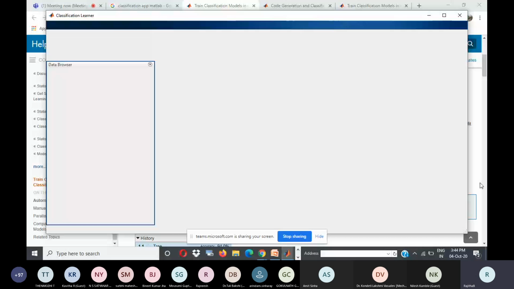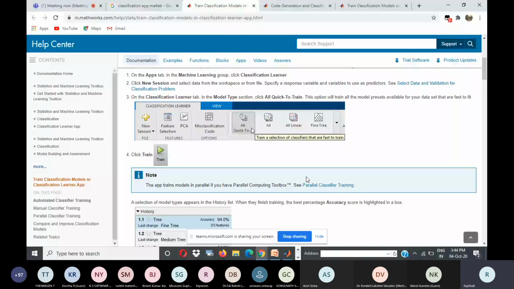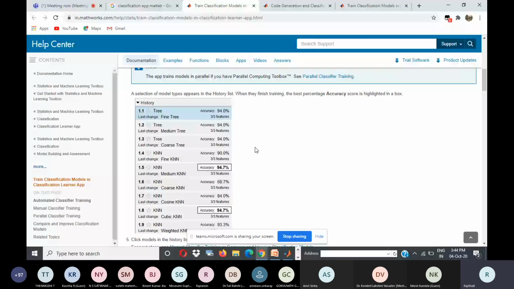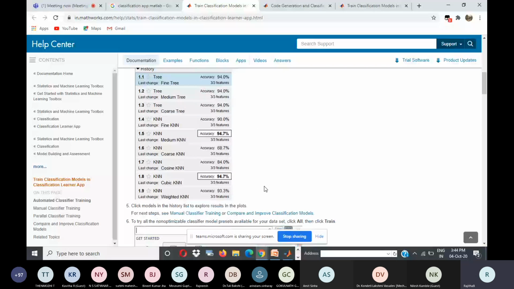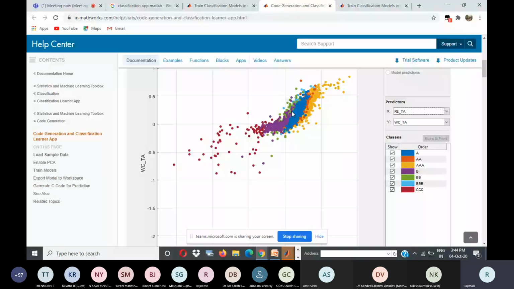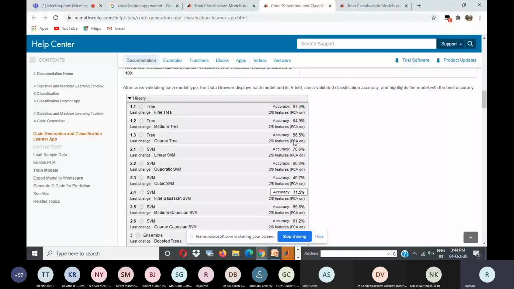See here, we have many things: you can test with KNN, or decision tree based training you can do, and neural networks you can do, artificial neural networks you can apply. So there are multiple options to be applied on that particular feature vector, right? Only thing is you need to get the feature vector and use this GUI tool of MATLAB. Okay. Now that GUI tool is capable of representing your data something like this, and it can find out the ML technique.